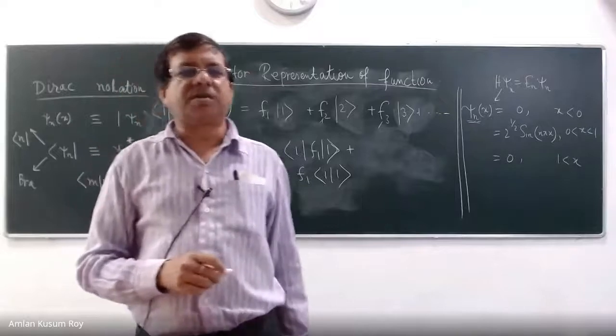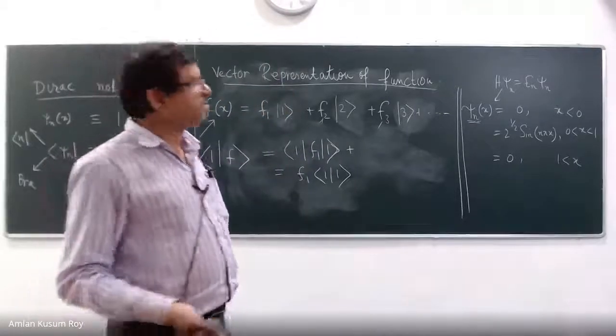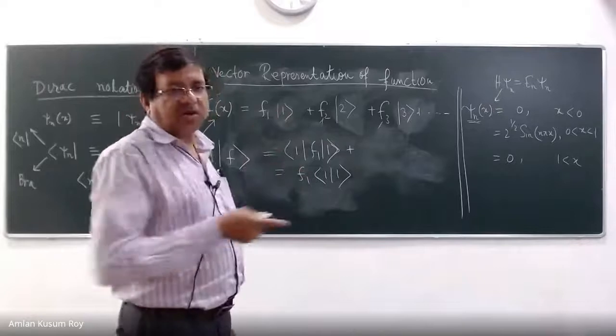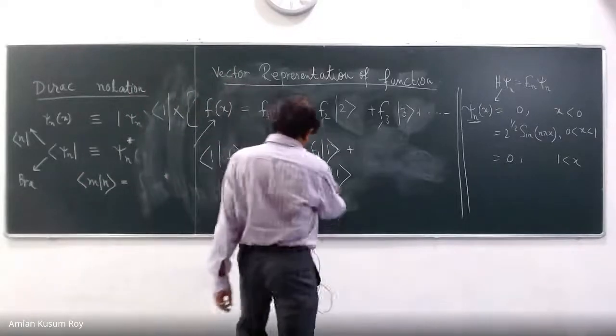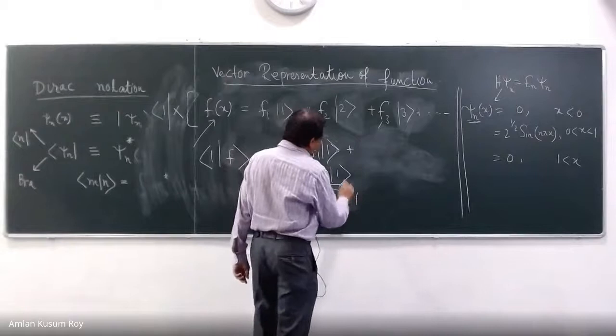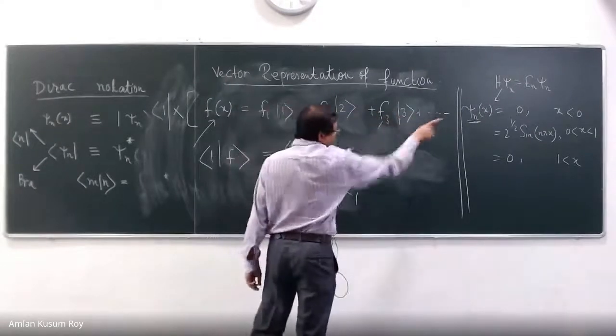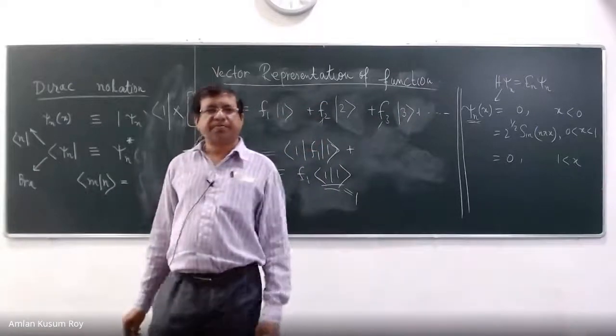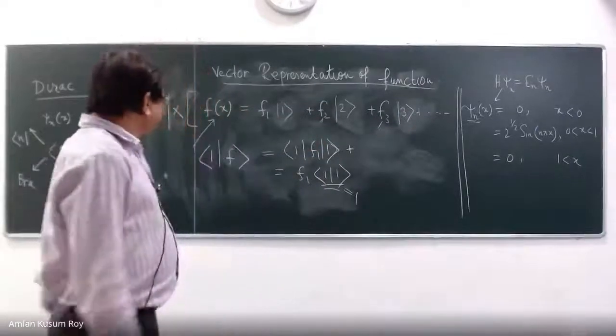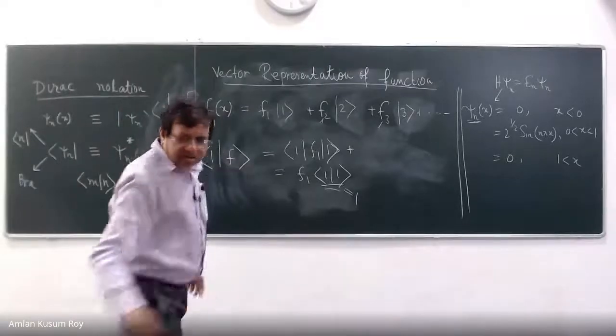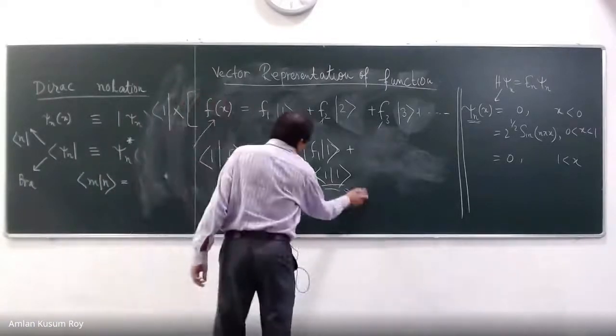For the rest, we get bra1 ket2, and then all of them are 0 because they form an orthonormal basis. So you have already assumed something which I did not tell you, which is good to assume because these eigenfunctions are orthonormal. So you have taken these to be 1 and all these other things to be 0, right? That is what you have done. Very good. So that means what you got is that 1f is equal to f1,